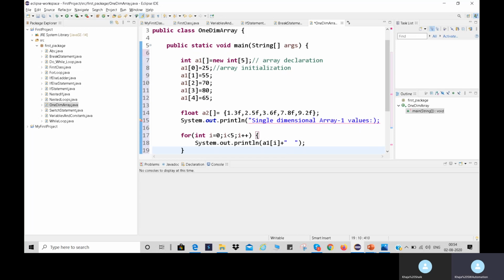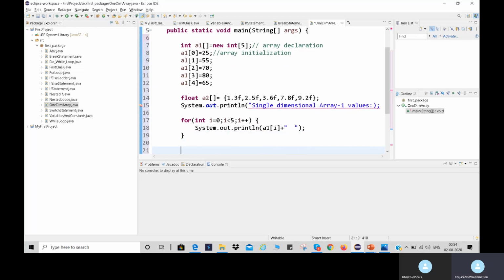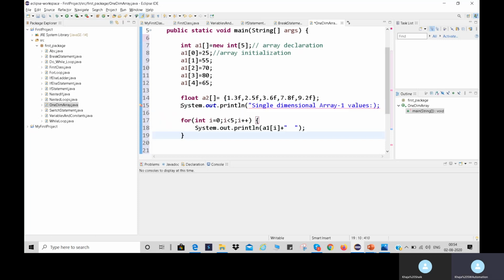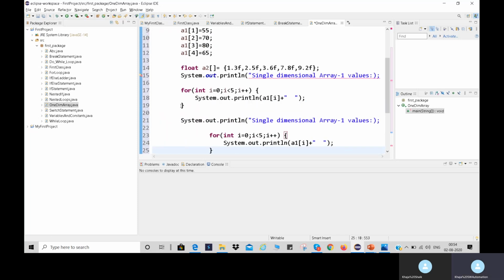Like this, I am displaying the values from array 1. Similarly, I am displaying values from array 2. Ctrl C, Ctrl V. Here for array 2 I will simply specify array 2. Same statement I am writing.